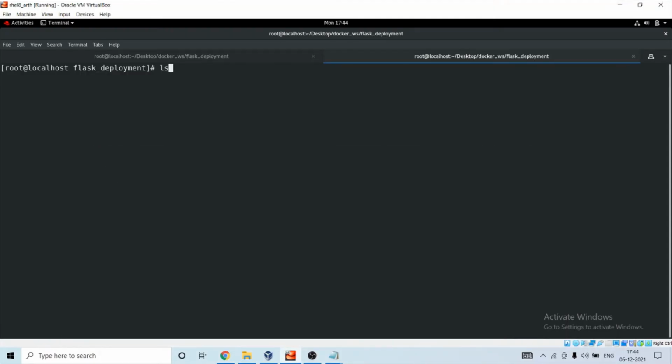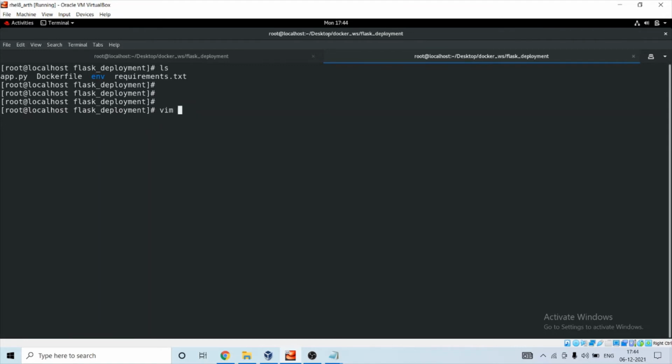So let's configure it. vim .gitlab-ci.yml.